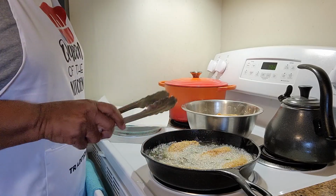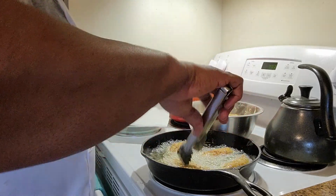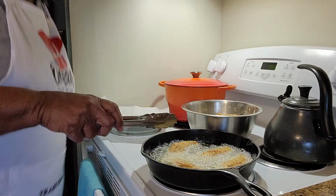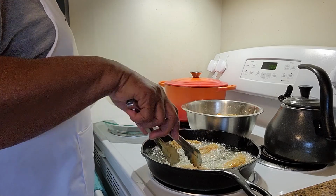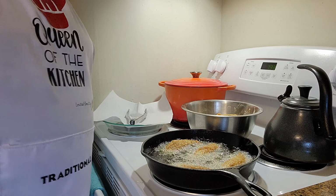I'm going to tell you, there's nothing like cooking in a cast iron skillet. You can get all the cast iron knockoffs you want to. There's nothing like the original. Let's put all this, and let's just get it nice and crispy. And then what I'm going to do with this is I'm going to